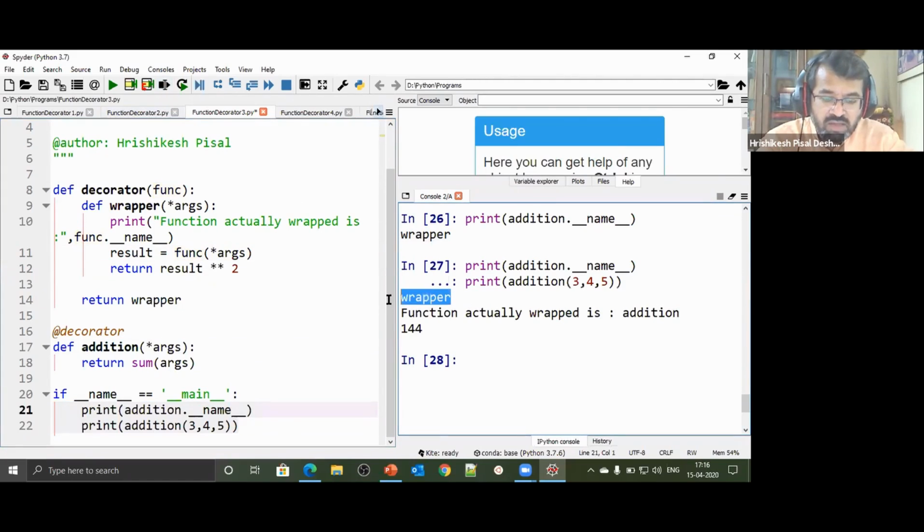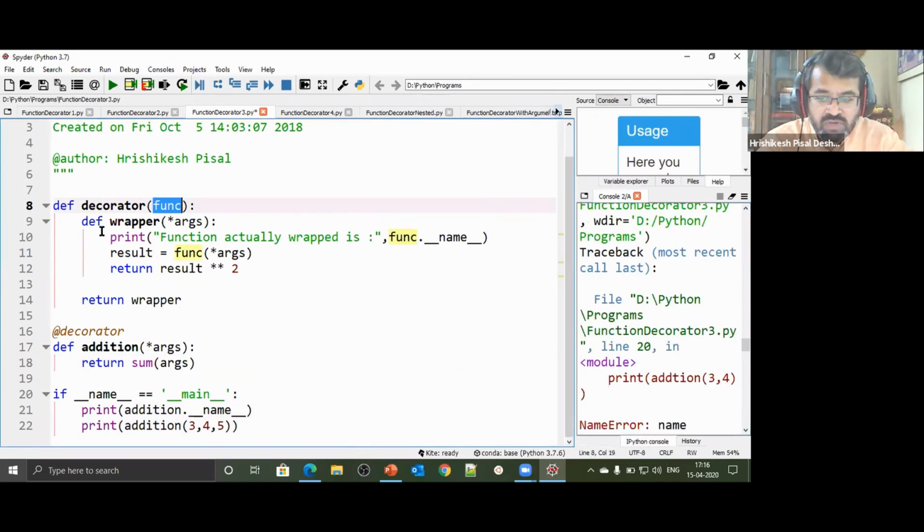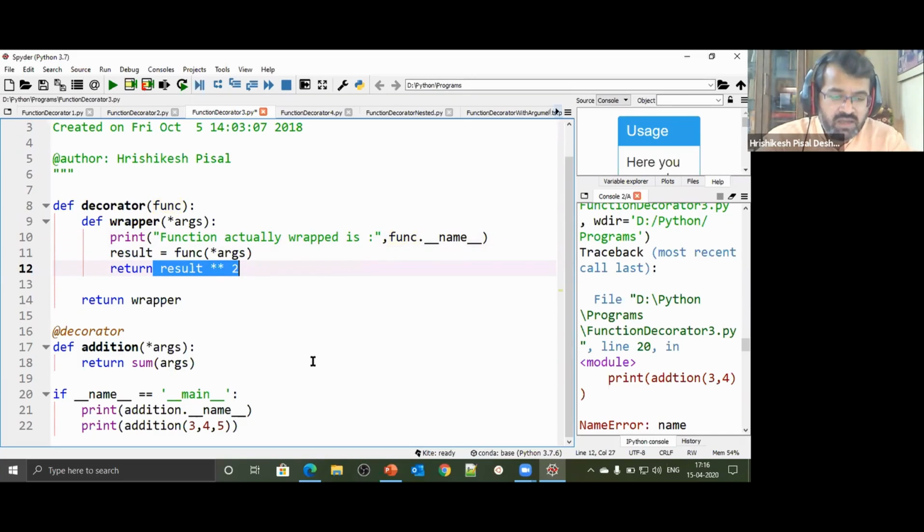So when we give a call, you called wrapper here, but the function that is actually called is addition. Addition is the actual function that is getting called, because this inner function maintains the state of the variable of its outer function. So what did you pass in func while calling the decorator? Indirectly, when you have decorated this particular function, addition was passed. So func was actually referring to addition. So this is your addition function which actually gets called here. This is the addition function which gave you the addition result, and you have now returned the square of the addition and so on.